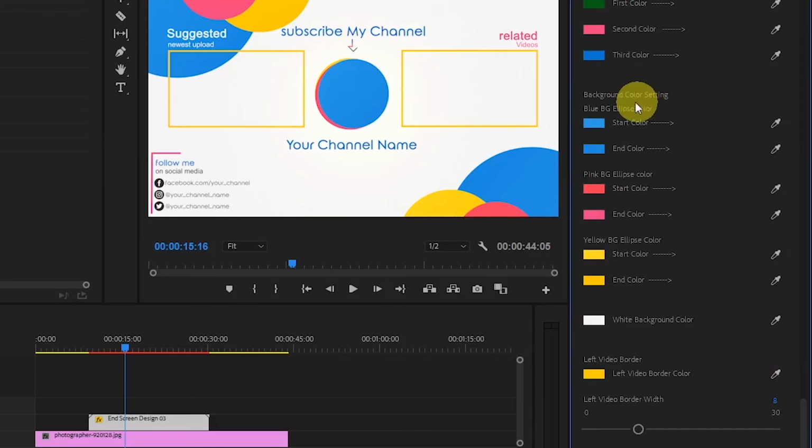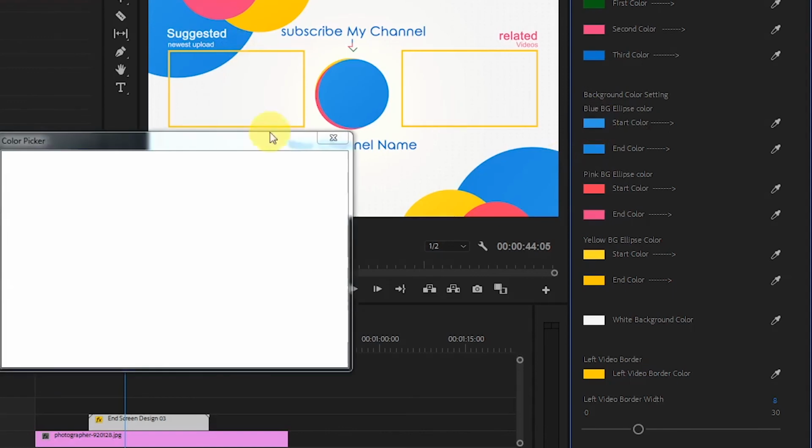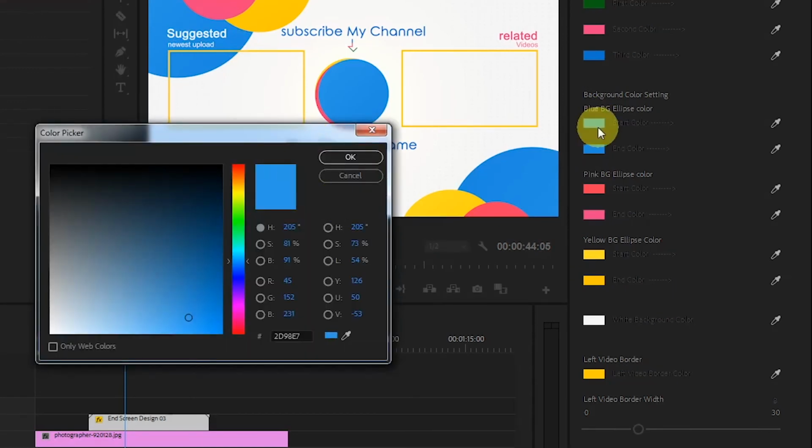After that you can change the background BG color. You can change these blue color ellipse, yellow color ellipse, and pink color ellipse. Like if you want to change this blue ellipse to green, you can do it from here. Just click here, start color. There you can see 2 colors, a start color and end color. These are 2 colors because I have used a gradient for this.